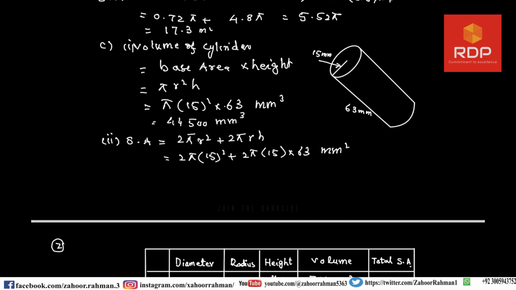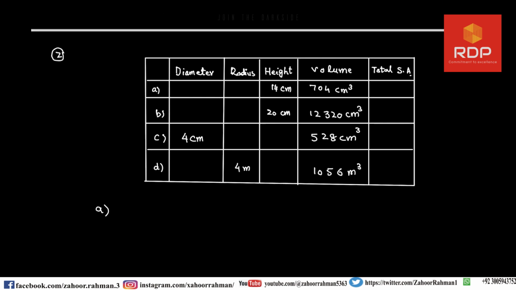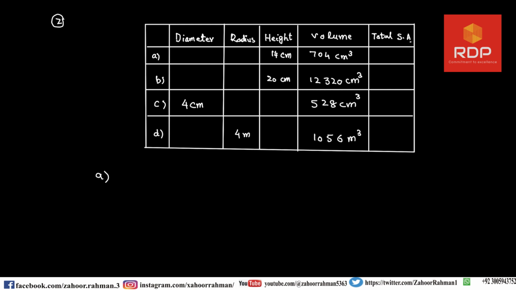So when we calculate all these values, we will get 7350 mm square. The second question is given to us in the form of a table, and we have to fill the empty cells. In the first case, they have given us the volume is